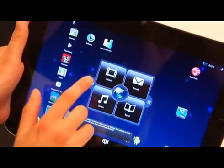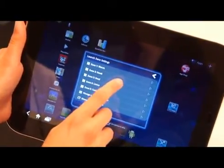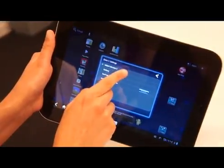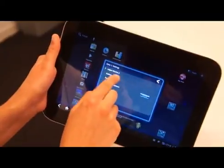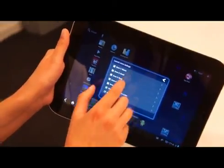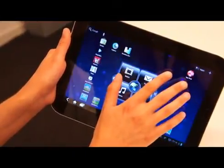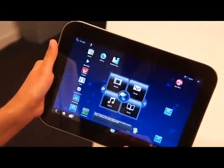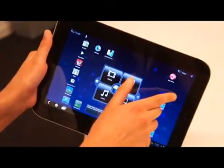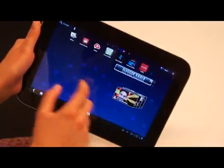This is customizable, so if I tap here, you have what Lenovo calls zones. So zone 1 is watch. Right now it's set to M-Spot Movies 2, but if I wanted I could put in Gallery, YouTube, or any other application that was relevant. Same for email, reading books, listening to music, and you can also change the zone color. Really, this is a lot like, maybe if you've ever used a Dell computer, you've seen Dell Dock. It's kind of a complement to the desktop, or in this case, just this array of apps on the home screen. So I feel like you could just easily make shortcuts as you normally would to your favorite apps, but